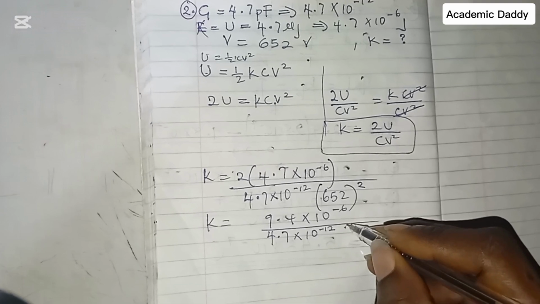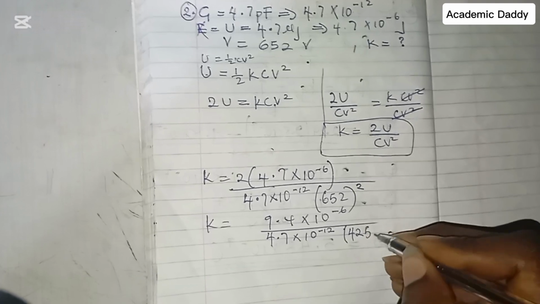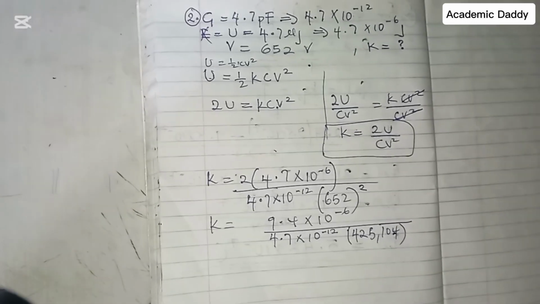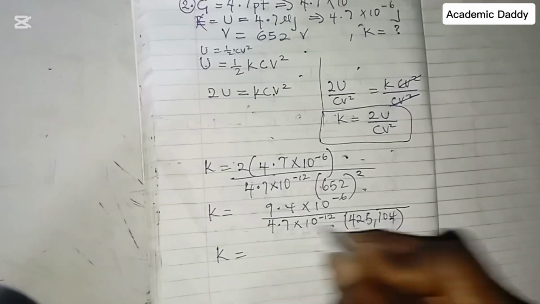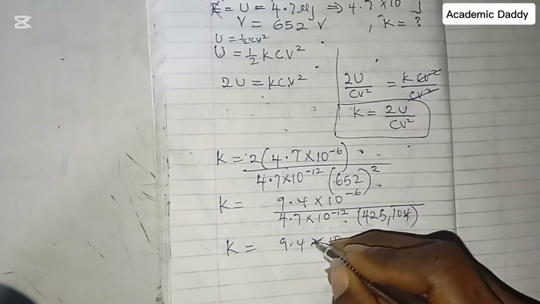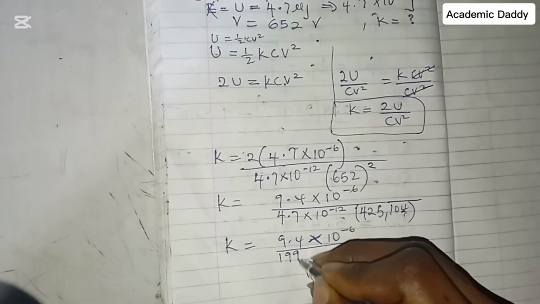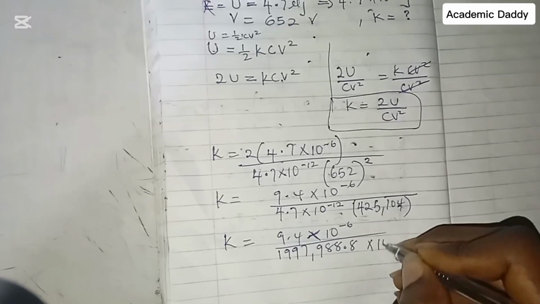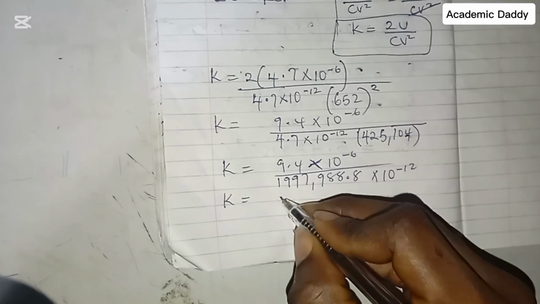If you square 652, you get 425,104. So if you multiply, K will now be equal to 9.4 times 10 raised to the power minus 6 all over 1,997,988.8 times 10 raised to the power minus 12. So the K now becomes, if you punch this,